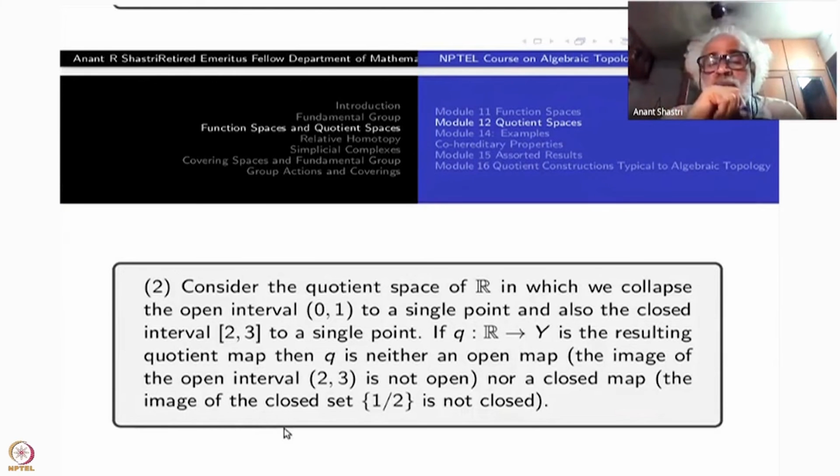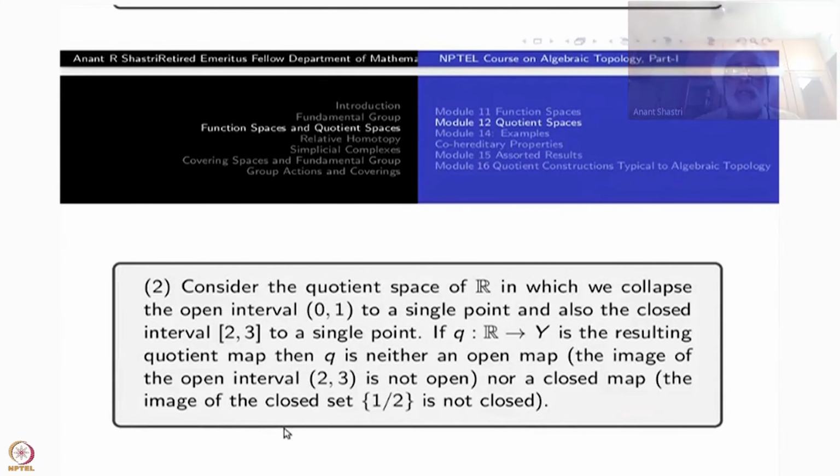It is not a closed mapping. You come to the first part. Take any point in (0, 1), any single point. It's a closed set in R. But the image, which is the same thing as the image of the open interval (0, 1), one single point, Q of that is the same thing as Q of 1/2. Right? That point is not a closed point because its inverse image is the open interval (0, 1), which is not a closed subset of R. So this map is neither closed nor open.